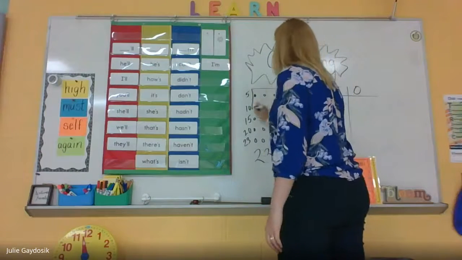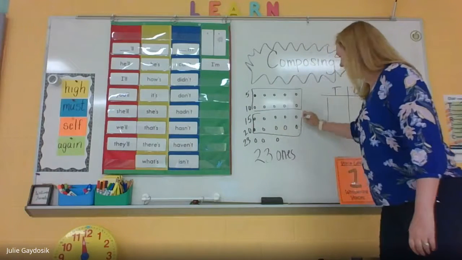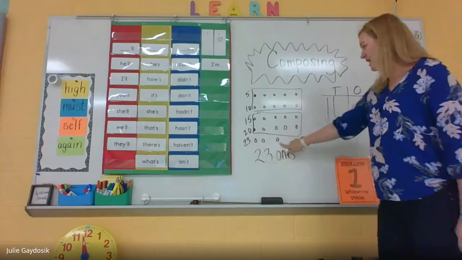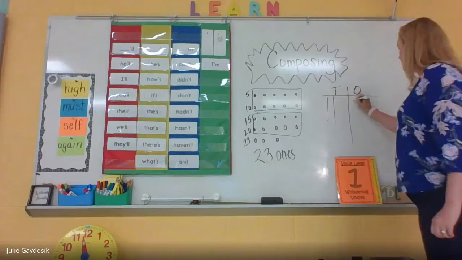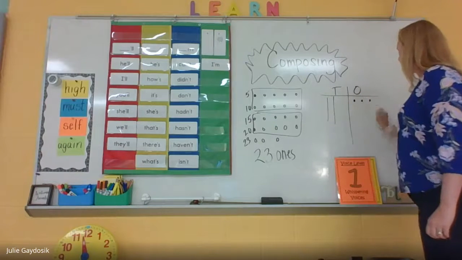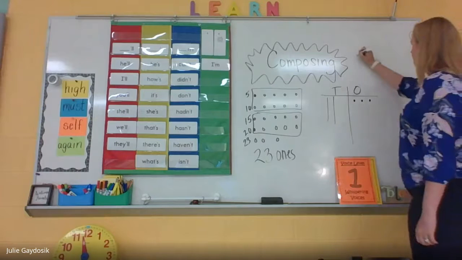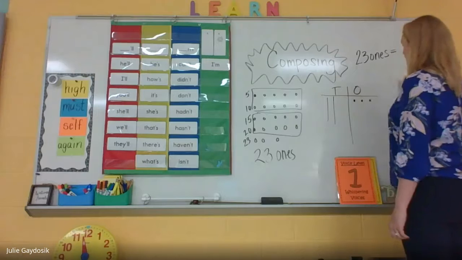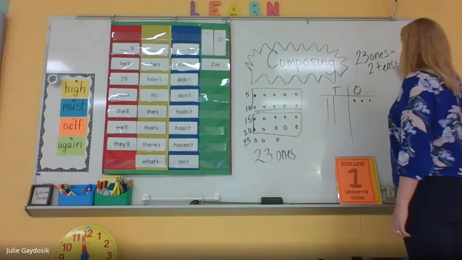Here's a group of 10, 1 ten. Here's another group of 10, 2 tens. I can't make a group of 10 here, so I'm going to draw those 3 leftover ones as the ones. Okay, so we could say that 23 ones is the same as 2 tens and